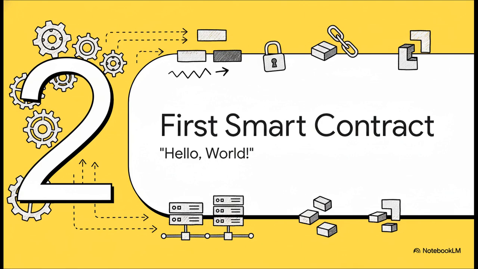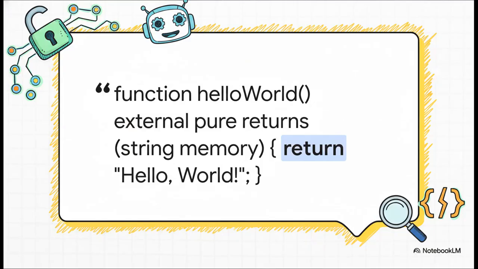You know, the best way to understand a language isn't just to talk about it, it's to actually see it work. So let's take a look at our very first super simple smart contract. And here it is. Okay, I know, looking at code can feel a little intense, but stick with me, this is actually pretty straightforward. It's the classic Hello World program just built for the blockchain. Its only job is to say hello. Let's break it down line by line.